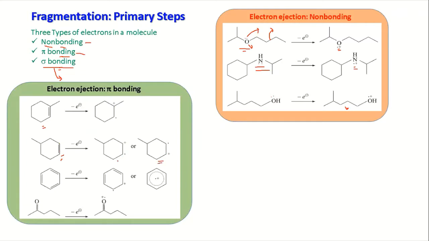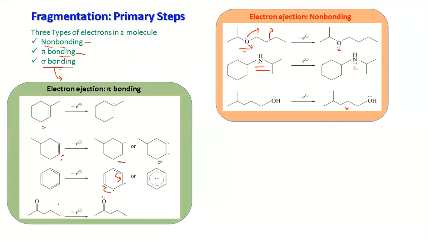Suppose you have benzene. In benzene you have pi bonds, so it can eject an electron, giving a dot plus. That dot plus means both can change position, or delocalization can happen, in a radical way or in this way, heterolytic or homolytic. So the dot plus is generating delocalization.